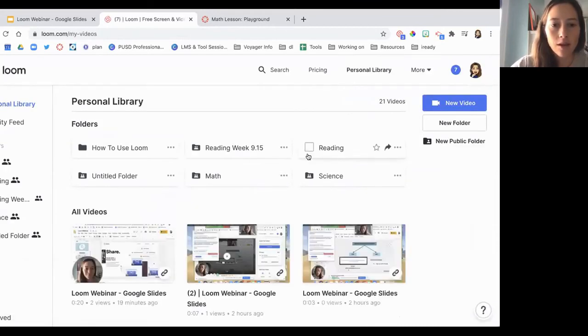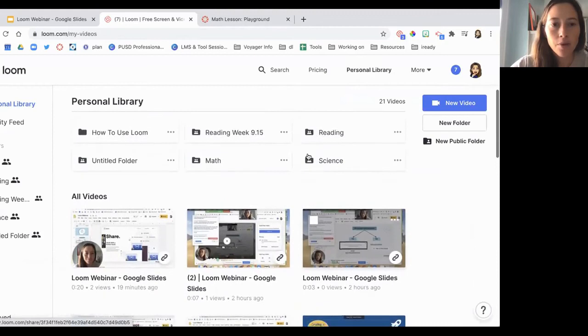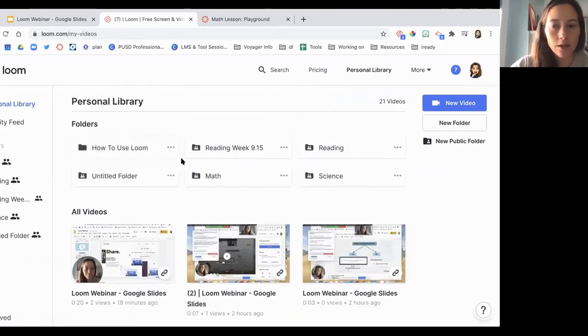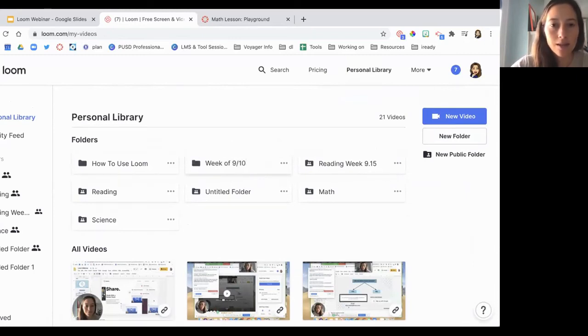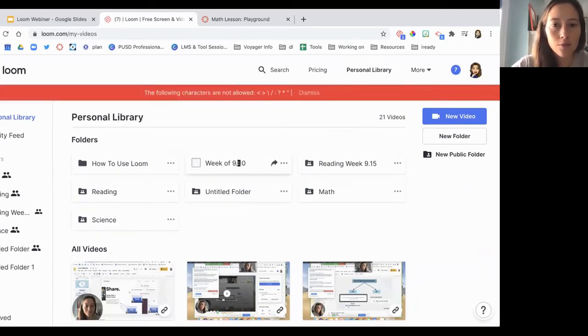And you can see in here I have all my videos, but I also have folders that I've created. So I can create a new folder by clicking New Folder here. I might name that folder Science Lessons, or I might organize it by week of 9, 10 lessons. Another great feature of this, just like Google Drive, is that I can share this folder